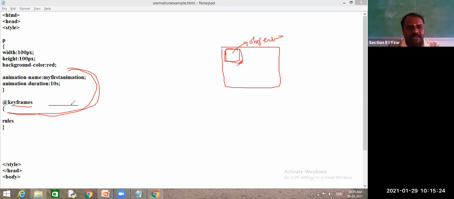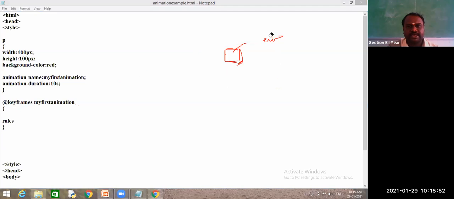Where this animation name exists, for that element it will interact. So keyframes, my first animation. Now if I write this, the link will be established between these two. So the link has been established between these two.